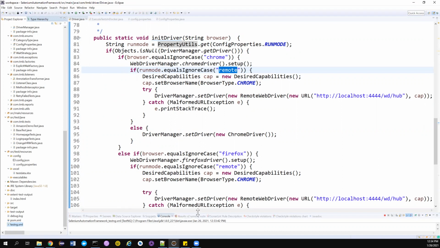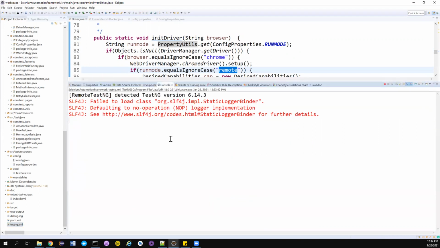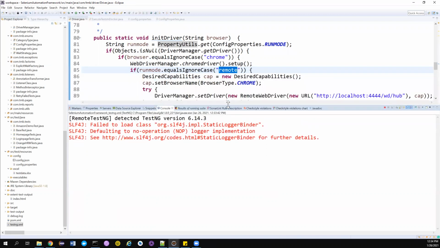If you notice, I could not see any browsers opening, but I think this test is still running. Let's wait for the results to come. For now, there are no browsers invoked in my local. I hope it should work without any issues. In the meantime it'll create the container and execute the test in the container. So at the end it should produce us the results. Just wait a few more seconds.